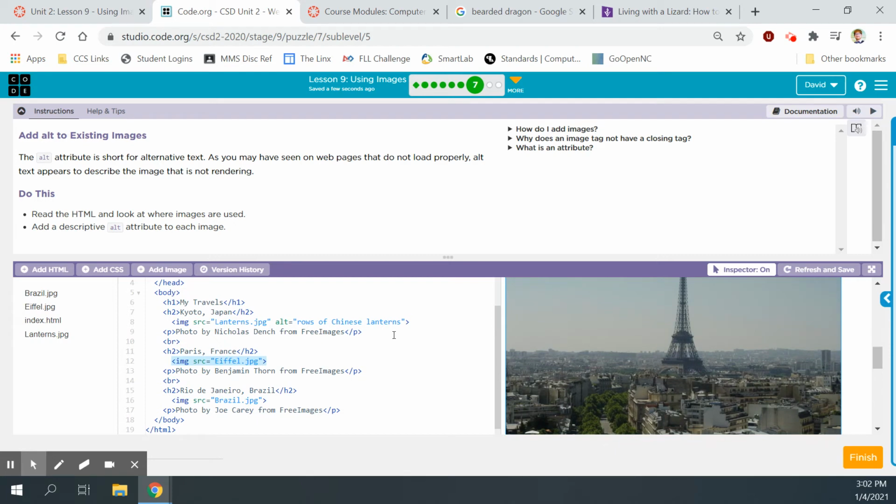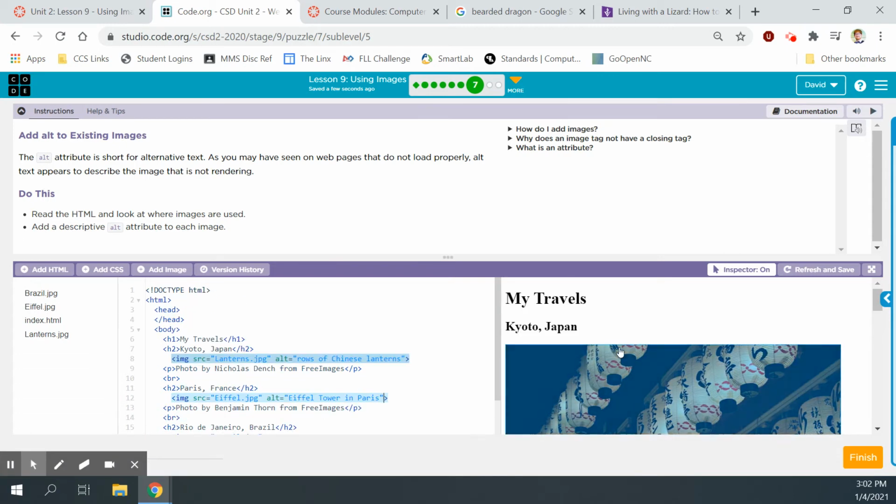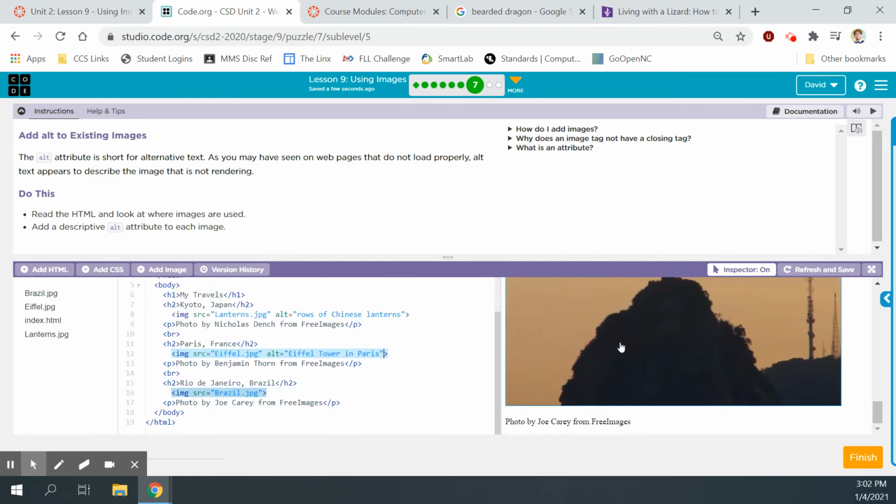So we'll put our cursor right there. Space alt equals quotation mark Eiffel Tower in Paris. Quotation. All right, next one we've got